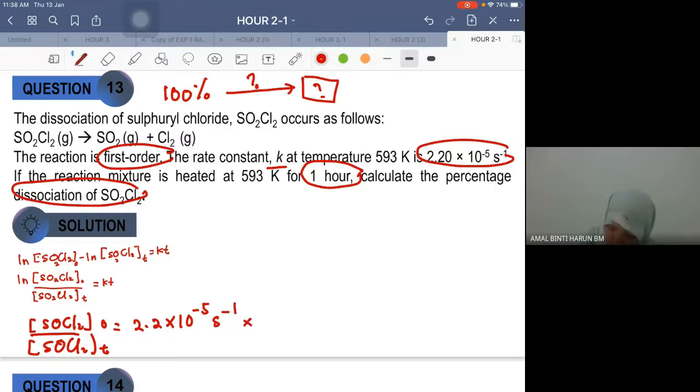Tapi dia kata 1 hour sebab ini dalam second. Okay, so kita kena convert 1 hour to 60 minutes, tukar kepada second. Okay, so kita dapat concentration yang initial ni over time is equal to